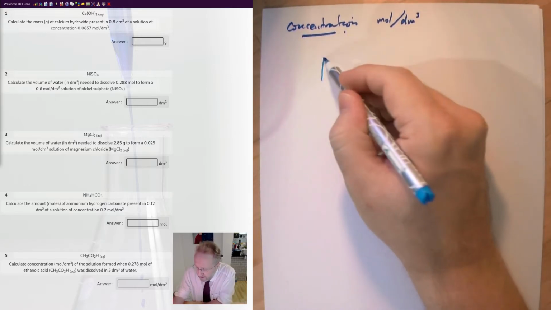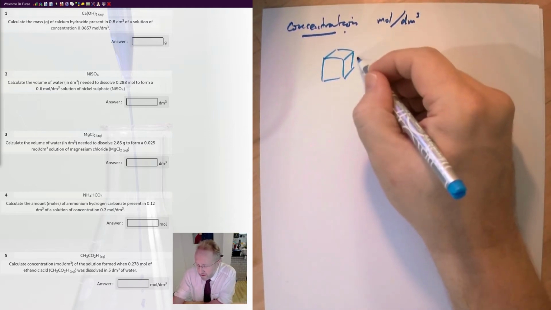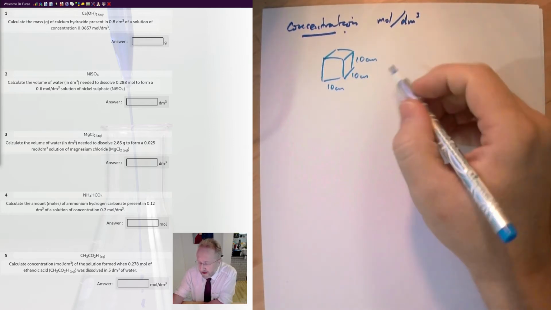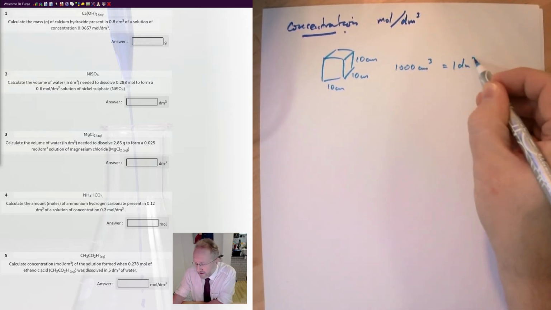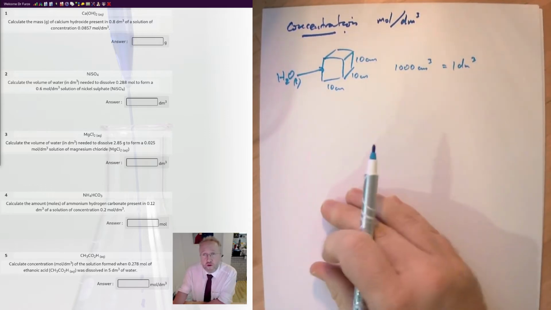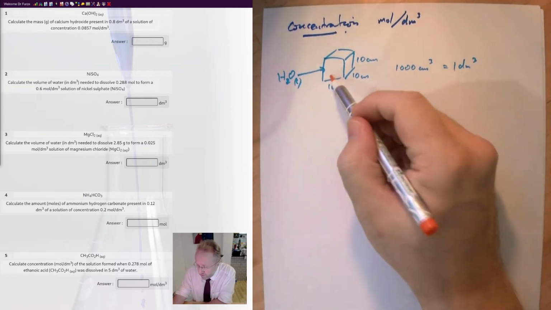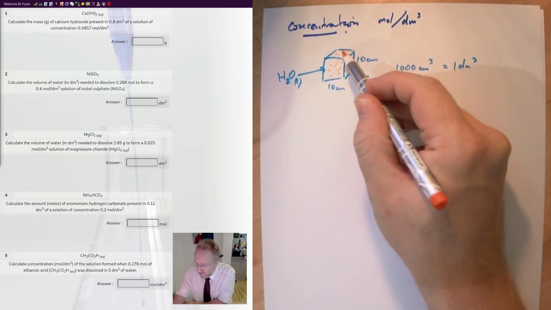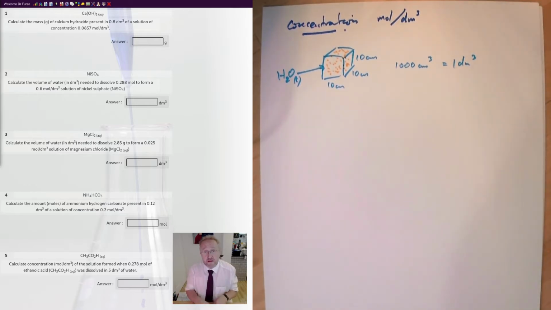Now, 1 decimeter cubed is, and remember we're talking about solutions here, so it's 10 centimeters by 10 centimeters by 10 centimeters. It is 1,000 centimeters cubed is equal to 1 decimeter cubed. And usually we're talking about aqueous solutions, so it is the number of particles we have in 1 decimeter cubed of water. So we have so many particles in 1 decimeter cubed of water, and we need to use the